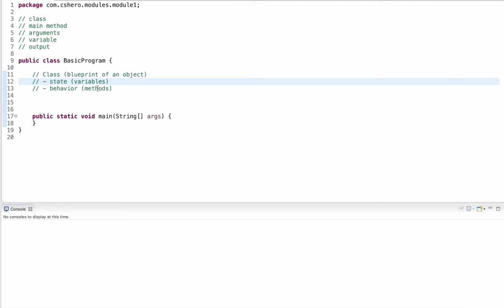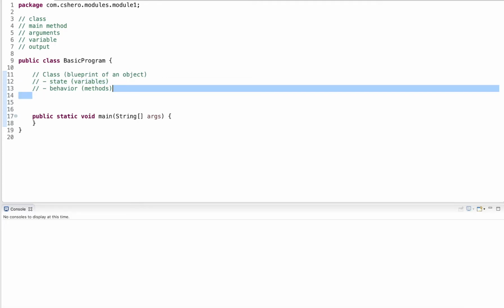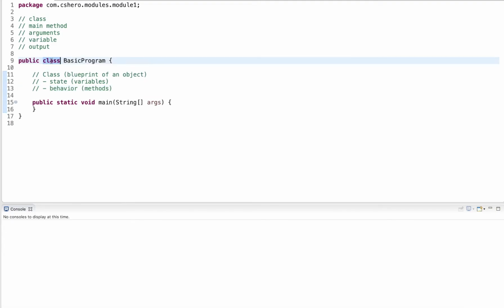And the class is used to wrap that into a unit. So once we describe a class, we can then instantiate it by creating objects. But I don't go into too much detail here, just to give you a quick idea of why the class is up here and roughly understand what it means. Now in Java, we cannot do anything without a class. And that's the reason why the first thing we see here is a class and a name. This is the name of the class.